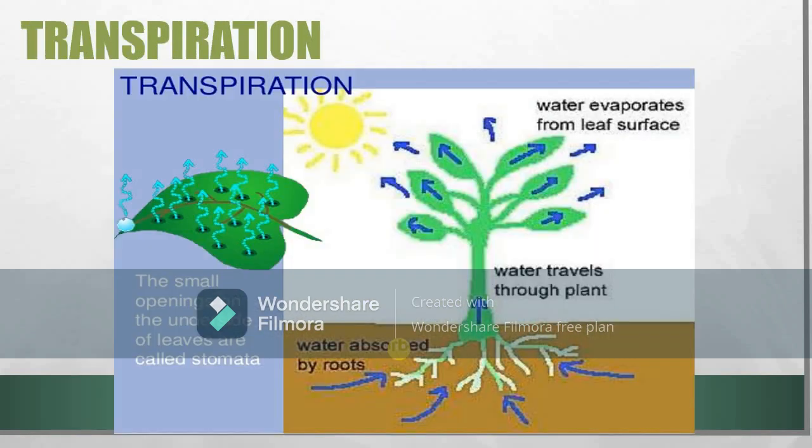Moving further, the next thing is transpiration. Transpiration is the loss of water from the plant surface through evaporation. As you can see in this figure, the loss of water is taking place through the leaves of the plants. This loss may occur through the stomata that are present in the leaves, through the cuticle that is present on the leaf epidermis, and also through special openings. These openings are called lenticels, which are present on the stem and mainly on the branches of the plant.